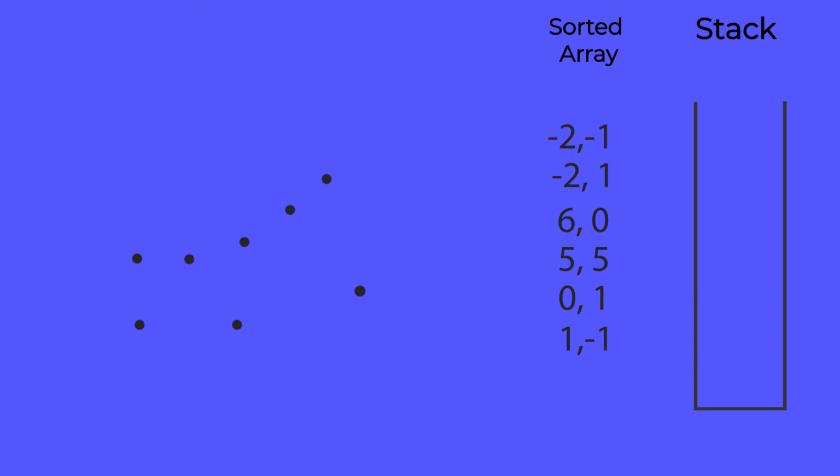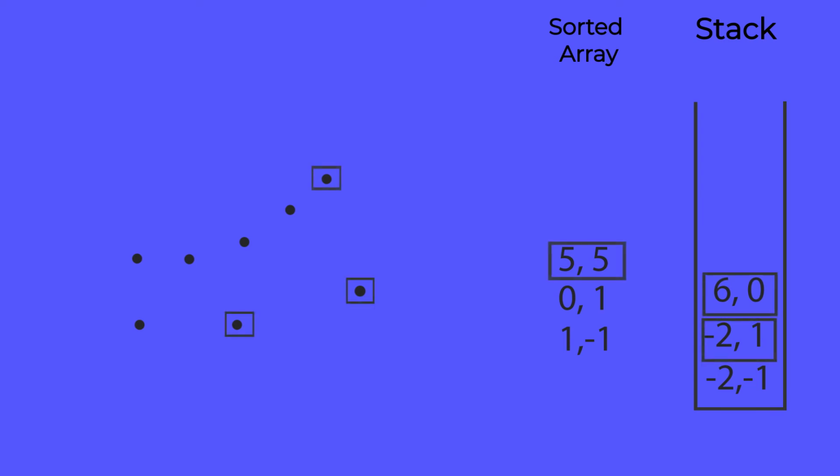In the third step, we create a stack and add the first, second and third points in the sorted array into that stack. Then we consider the first 2 points in that stack and the next point in the sorted array and see if the lines created by these points make a counterclockwise turn or not. If they do, then we add the current element in that sorted array to the stack. But if they don't, then we remove the topmost point in the stack and then we add the current element from the sorted array into that stack.